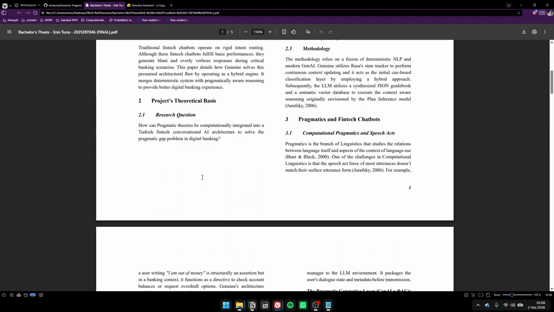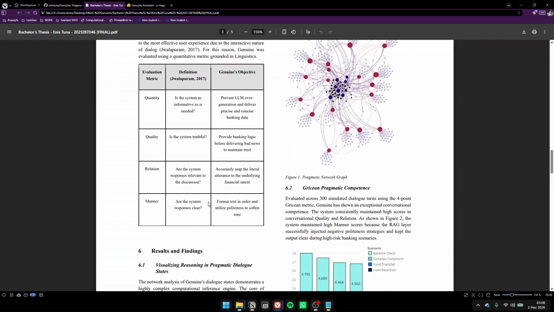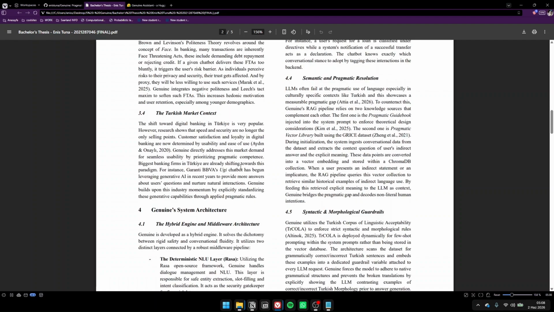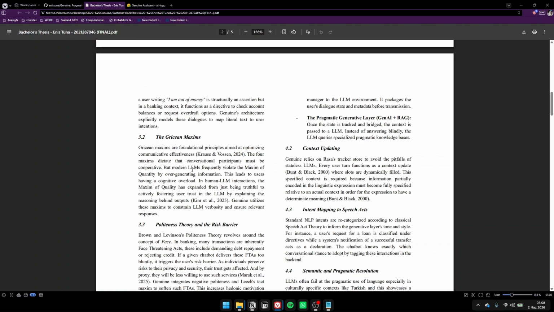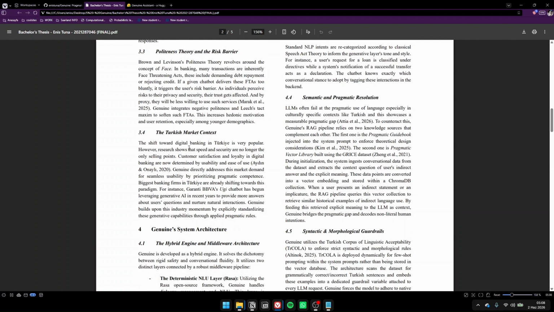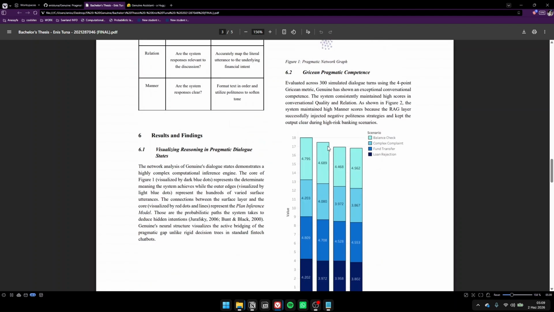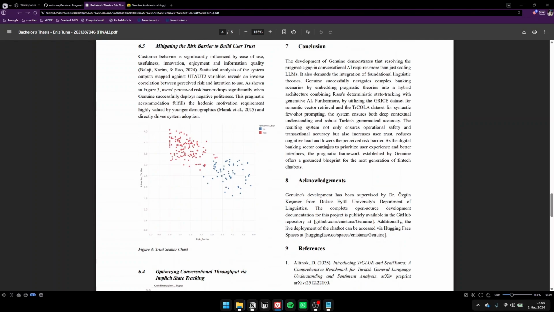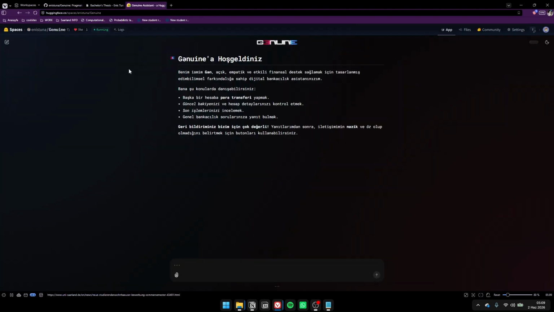And you can see in the paper, I've explained how it all works. It's a short paper. It just explains how, not Rasa, Genuine works. It gives details on pragmatics and the theories that I've used, and I've used some simulated data to showcase how it works and how it performs, and everything like that. My references are here, and let's try it out for ourselves, shall we?